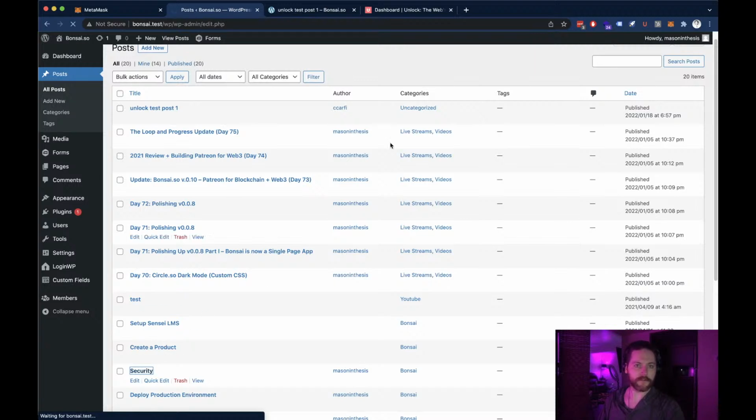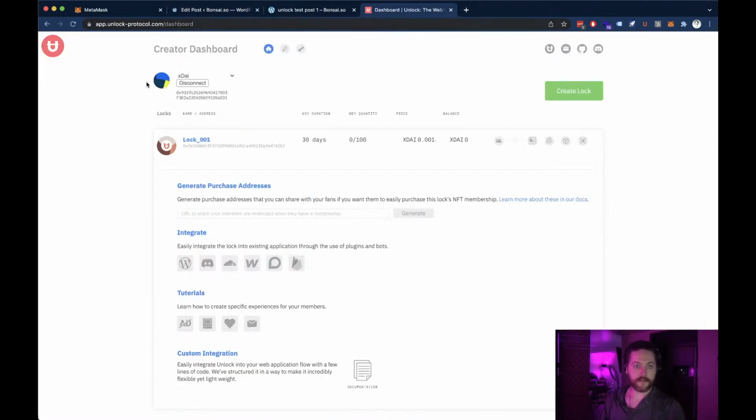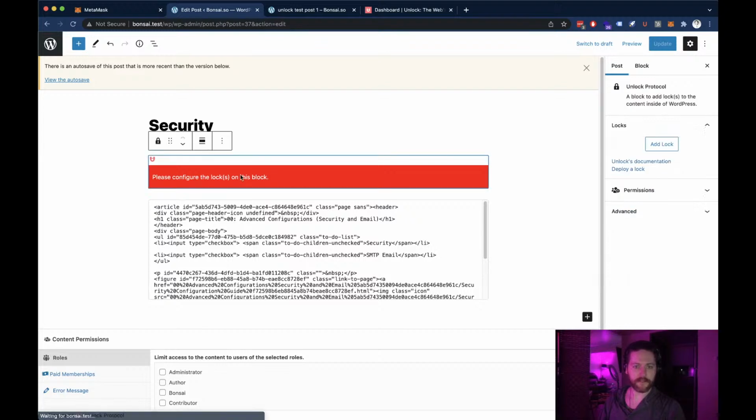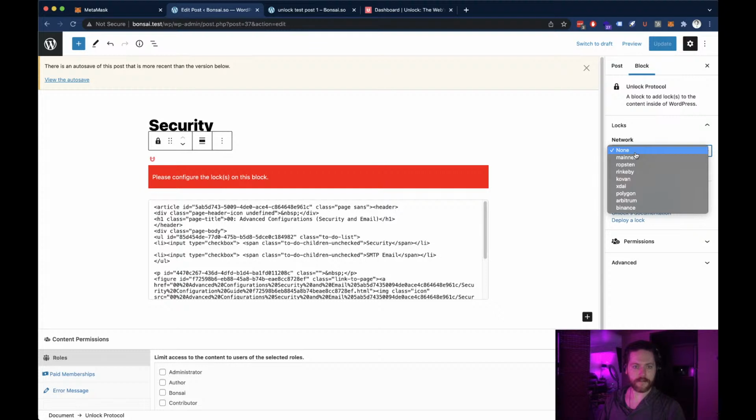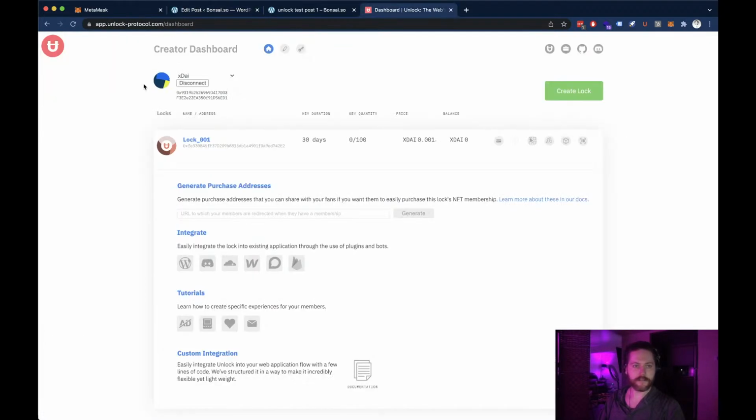Just going to go into the post, and this is where you need the Unlock Protocol dashboard. I'm going to copy this block right there. I don't know if that's something I want to publicly display actually. I'm not sure about that yet. I think it's okay. Yeah, that's okay. I'm going to say XDAI because as you can see in the top left corner of the dashboard,